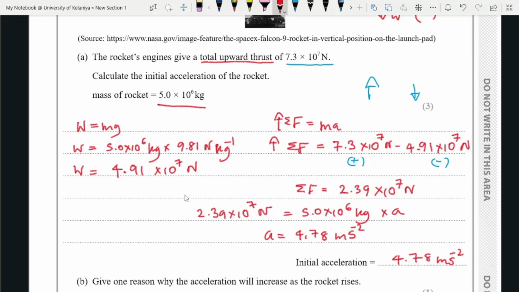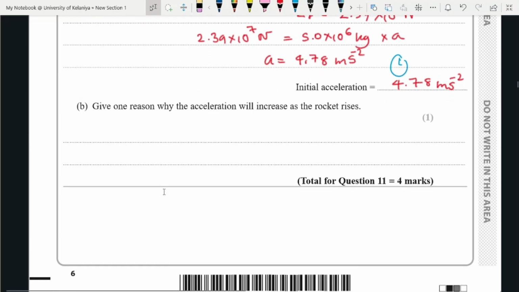So you will get marks for finding the weight. Over here you can clearly see it is 3 marks. One is for that one, and one is for using F equals ma, finding the vector sum, and for your final answer, right? In the next one, part B, they're asking to give one reason why the acceleration will increase as